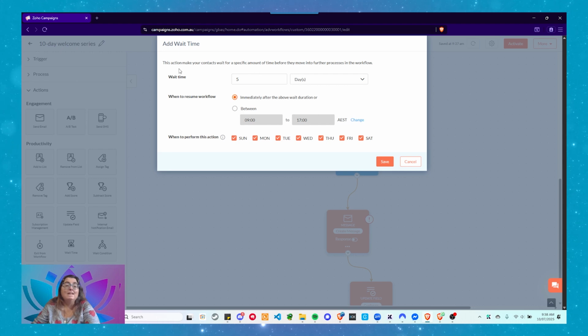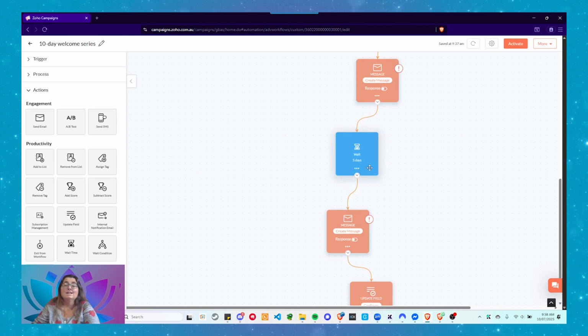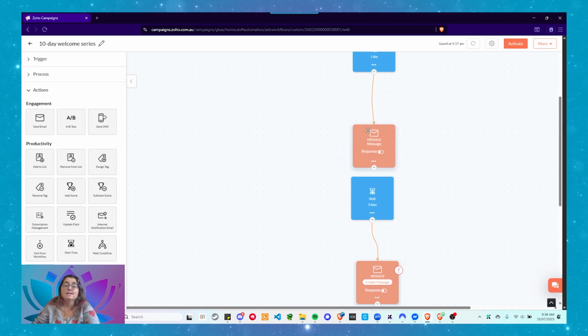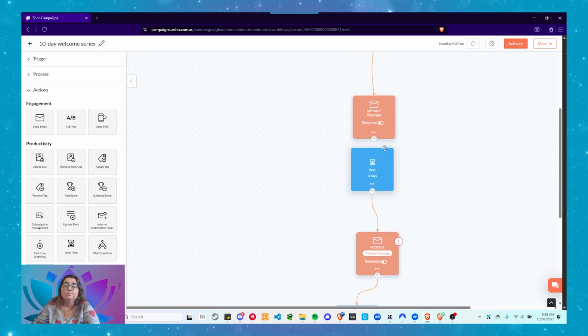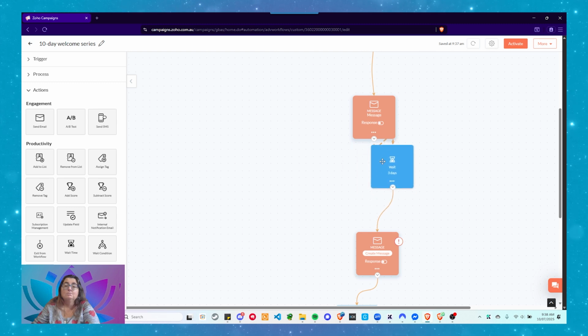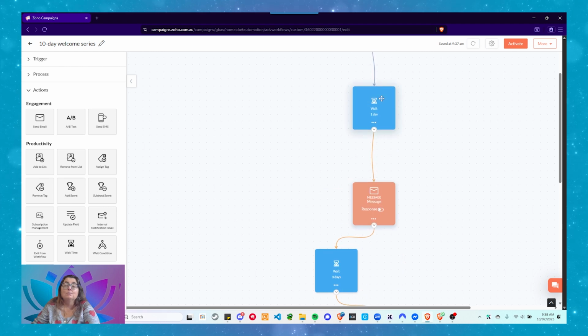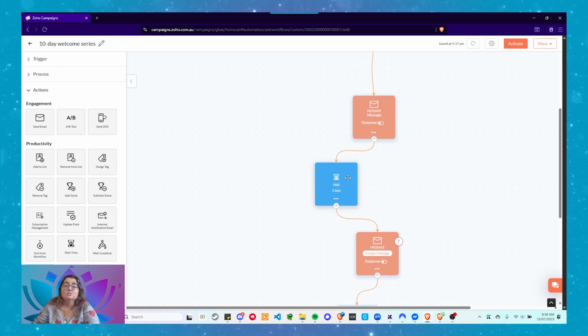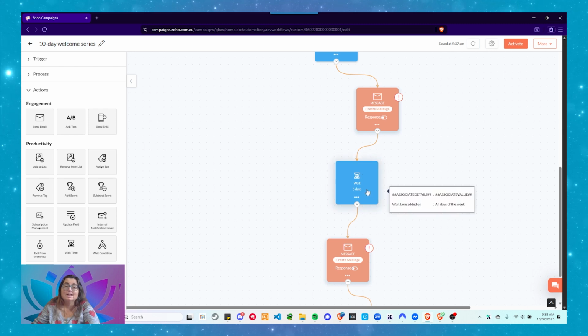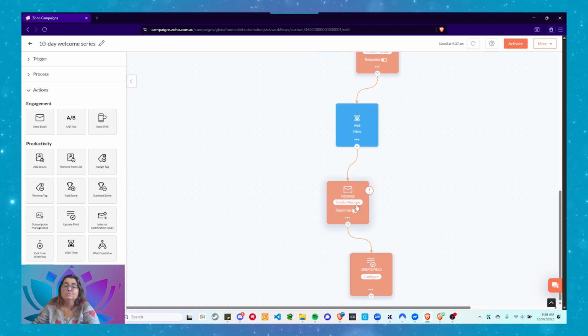I believe that this is 5 days from the day they enter the list or the trigger is set. Oh, you see how we've broken the connection here? Oh, no, we haven't. It just doesn't show because it was hidden. There we go. So this will be sent 1 day, and then 2 days later, they'll get the next email. Then 2 days later, they'll get the next email. And then at the end of this segment,